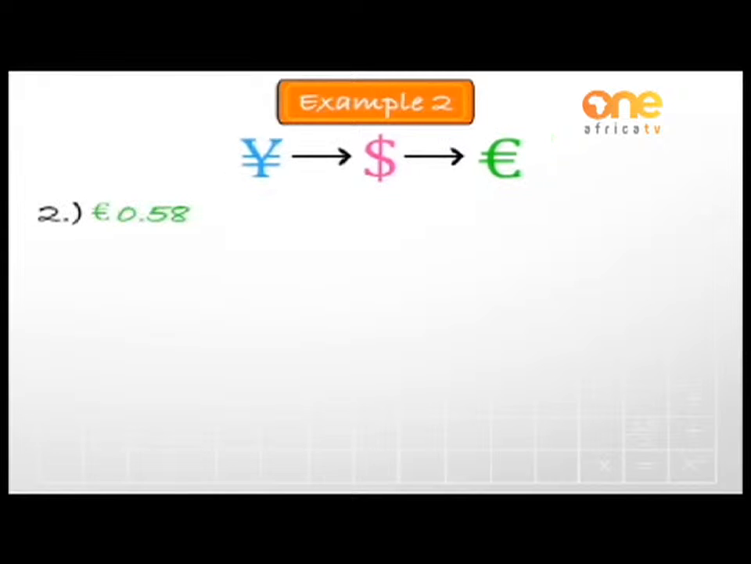We now need to employ the following step, taking the dollar amount and converting it to euros. So, we have been told that 0.58 euros purchases $0.49. So we set up the ratio 0.58 is to 0.49. Now, we need to take our 0.49 and get it to